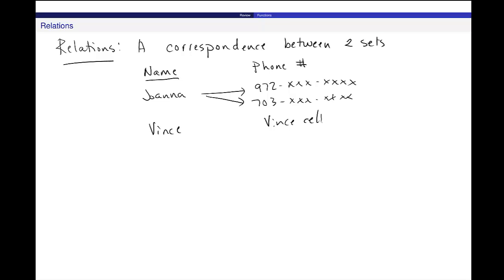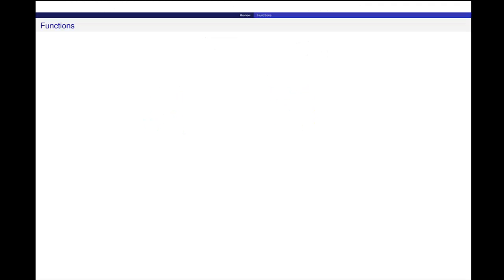So then after we talk about relations, we want to move on. Oh, before I move on, I want to say that for these different sets, this is what I would call the input parameter, and this is what I usually refer to as the output of the function or the relation. And in mathematics, a list of all the inputs is called the domain, and the outputs is called the range. Okay? So we have that kind of setup for a relation, any sort of correspondence between two sets.